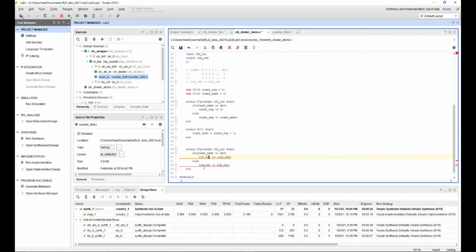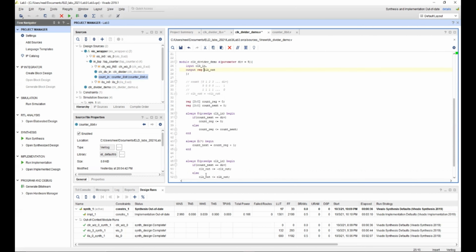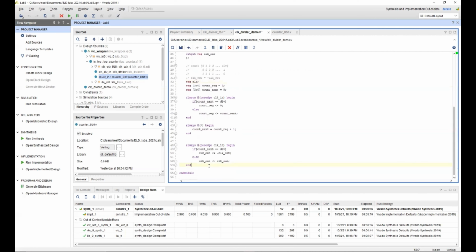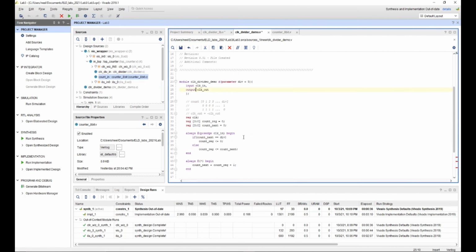So either we change clock out to a register, which you can directly do over here, and this error will be gone, or you can make a new variable, clock, assign the value of clock to clock out, and let this be the wire. So these are two ways in which you can do that.